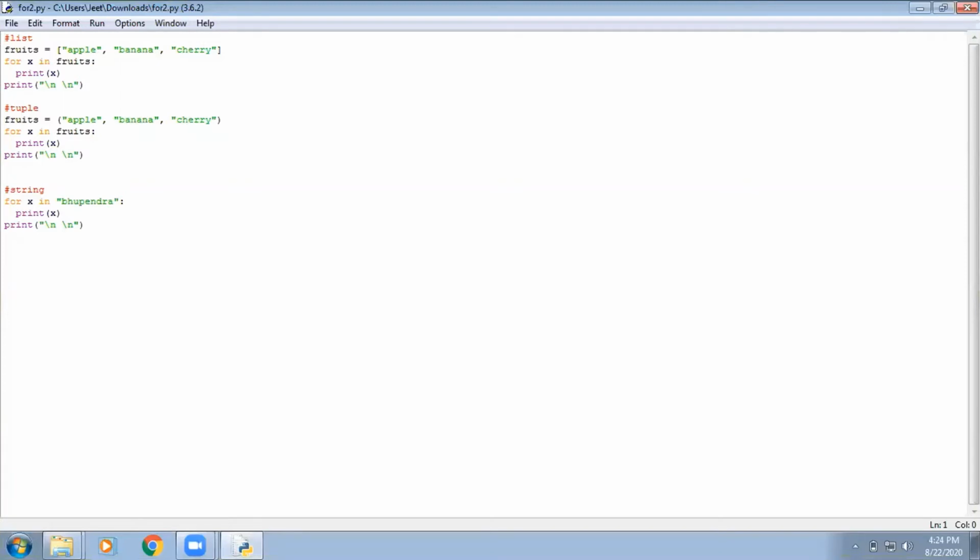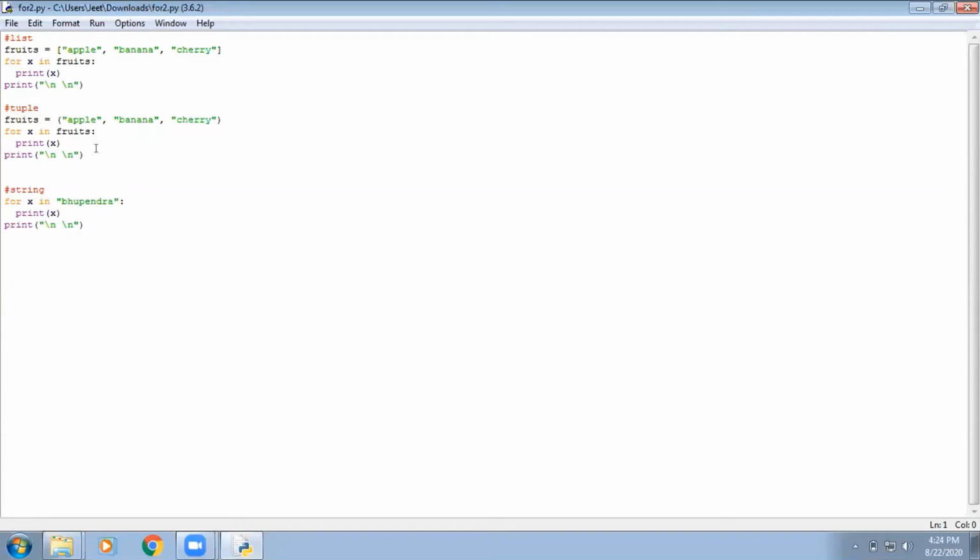So guys, here's the part for the list, tuples, and string. The best part in Python is that we do not need to specify the initialization and the increment of the variable. We just need to specify the conditions. Over here, firstly, I'm implementing the list part, taking the list fruits and storing the values apple, banana, and cherry. So it's basically storing string values of fruits, and then I'm applying the for loop.